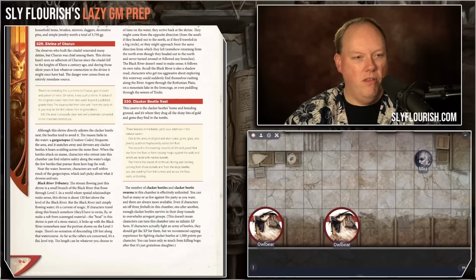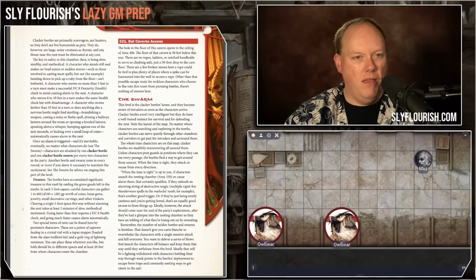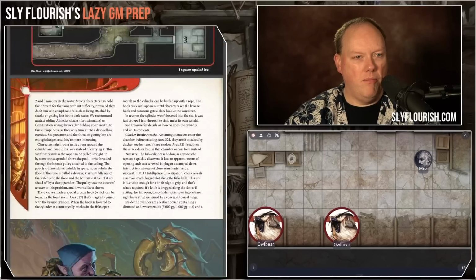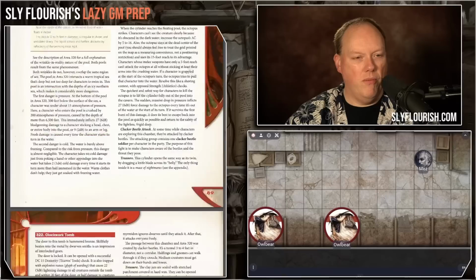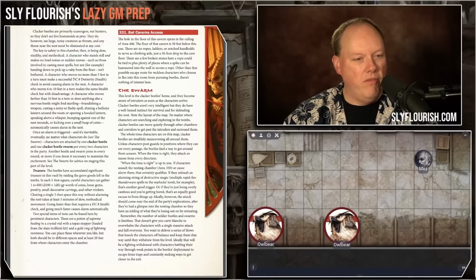The Shrine of Karun, the clacker beetle nest. That's where the clacker beetles are. And does that not have... Is that the pool room? 331. What's in 331? That goes down to the Bat Caverns. So I think Ring of Lightning. So we can probably replace this. And I think this might be where I'll put...